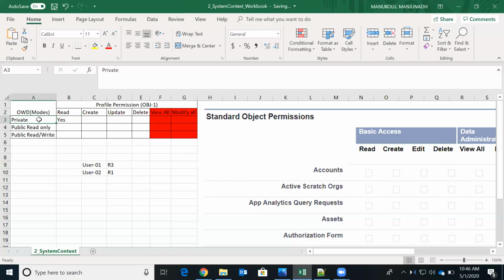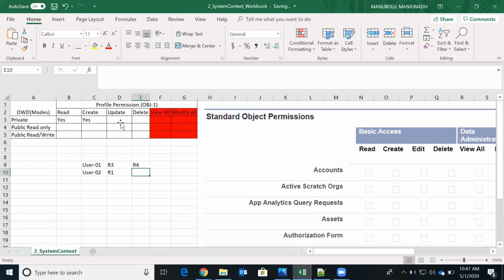The same way, if OWD is private and it is create permission, then user 1 can create new records and see the records created by him. Assume I have create permission; then user 1 can create a record called R4 and see this R4 record, but the R4 record will not be visible to user 2.